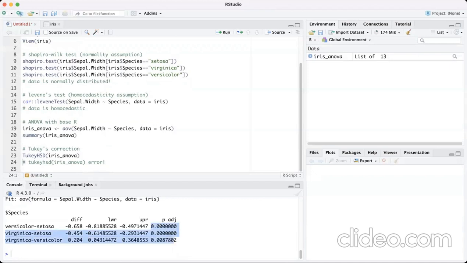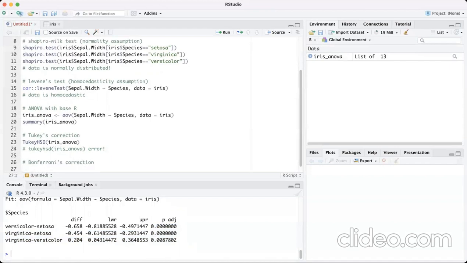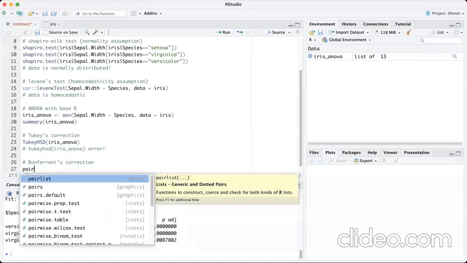Alternatively, you can also use other post hoc tests, such as the Bonferroni correction or the Holm method, to adjust the p-values for multiple comparisons. So, for example, if you want to run a Bonferroni correction, we can use a function that we can also use to calculate a t-test, and we specify that we want a Bonferroni correction. So we use the function pairwise.t.test,